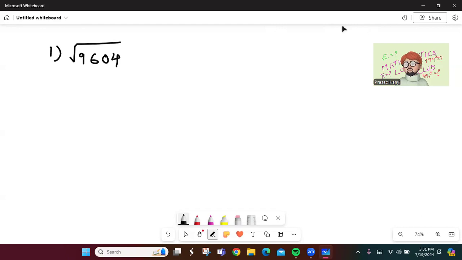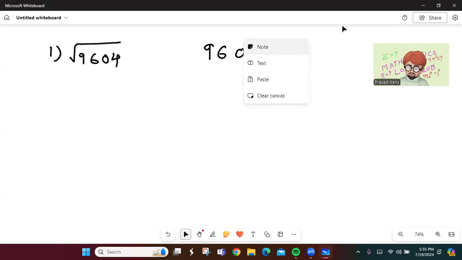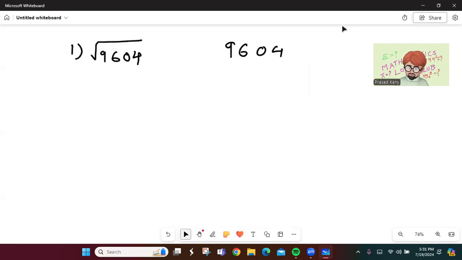Square is power 2, and hence we are going to make the group of two twos of this number starting from right. So one group will be 04 and the other group is